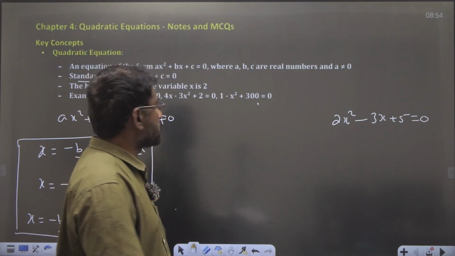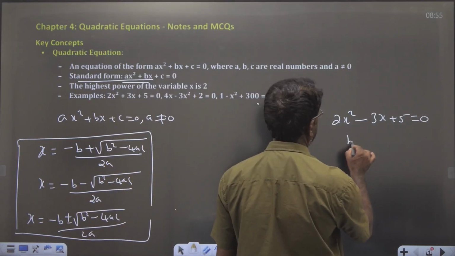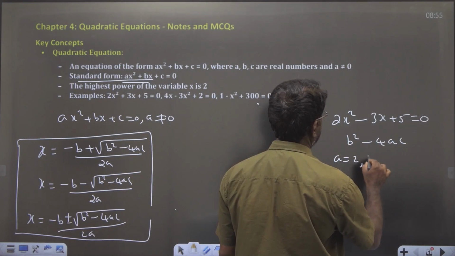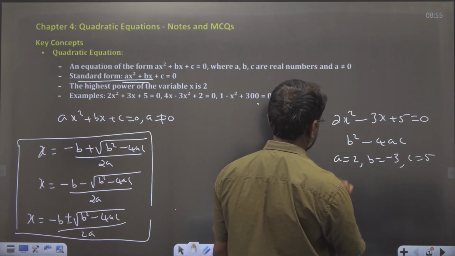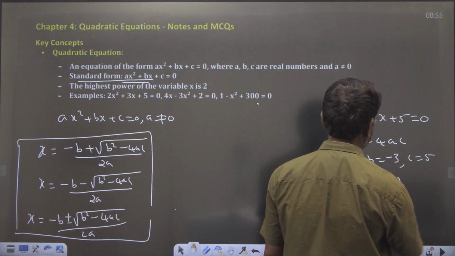In this type of question, you just find out b square minus 4ac. What is a here? 2. b is equal to minus 3. c is equal to 5. So b square minus 4ac is equal to minus 3 square